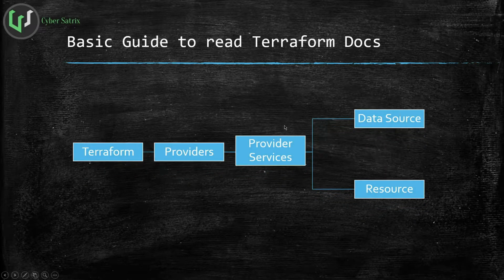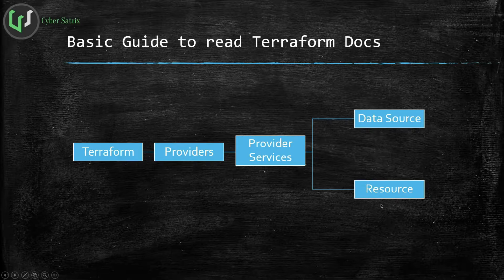Okay, so let us understand how the documentation is distributed or segregated on the website. Terraform is divided first into multiple providers. In our case it will be AWS, and each provider will have a lot of services. For example, in AWS it can be spinning up an instance, a load balancer, an S3 bucket, or Route 53, etc. Each service will have a corresponding data source and a resource. A data source is some kind of information which we will be using while configuring the resources, right? And it helps us to write the Terraform code or to perform the configuration.